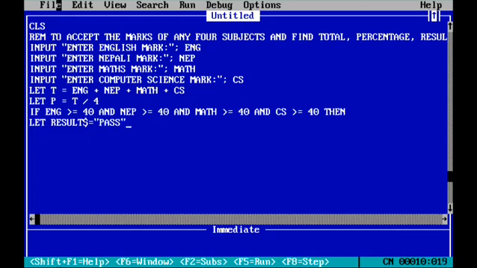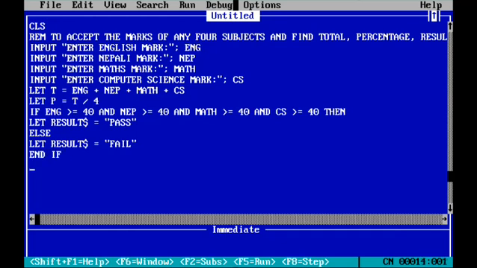Pass. Else. If this condition is satisfied, then what will happen? Then the value pass will be stored, this is called string data. Pass will be stored inside the string variable, the result variable. Now we can call this variable anywhere in our program. Okay, now again we have to write else. If this condition becomes false, then result equal to double quotation, and here we can write fail, this way.